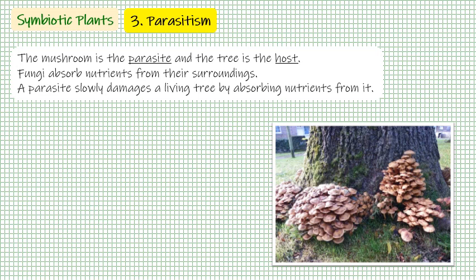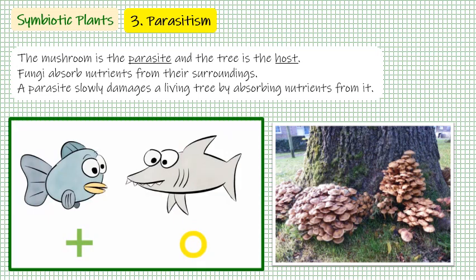The parasite slowly damages a living tree by absorbing nutrients from it. So parasitism is a form of one-sided symbiosis. The parasite lives off the host. It may harm the host. A parasitic relationship is the opposite of a mutualistic relationship. The last symbiotic